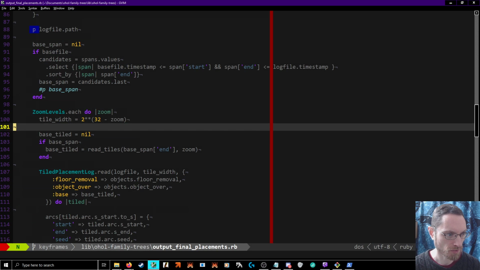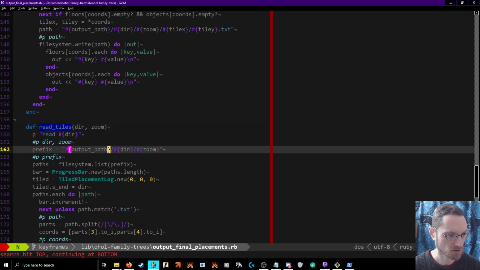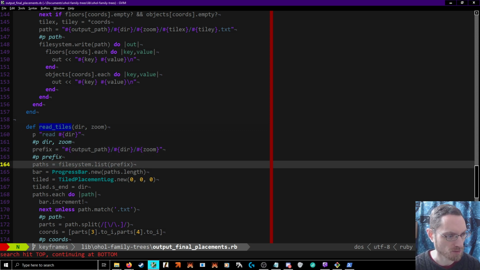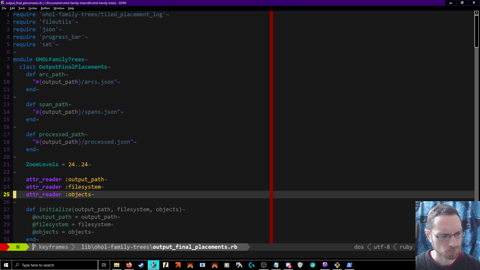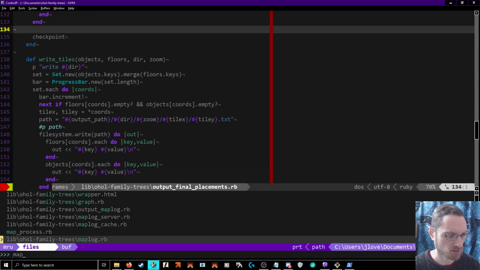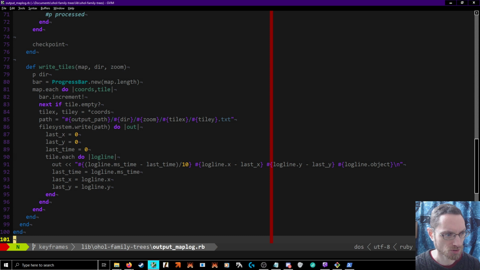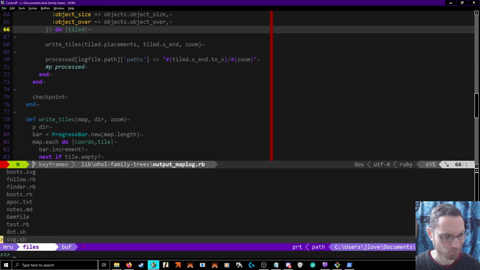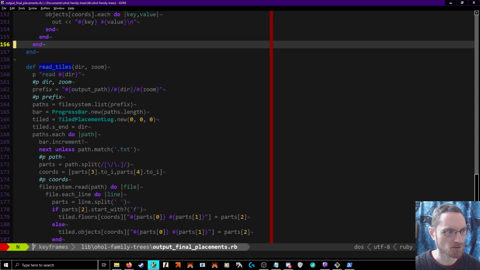Now, I have a method to read a tile, which depends on the output path of this object, the file system of this object, which should be shared by output map log. Got a very similar system. It just does different stuff. That unfortunately kind of makes it a dependent object. Or a relationship between them, because I certainly don't want